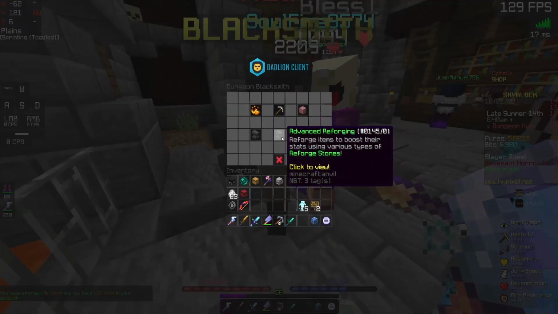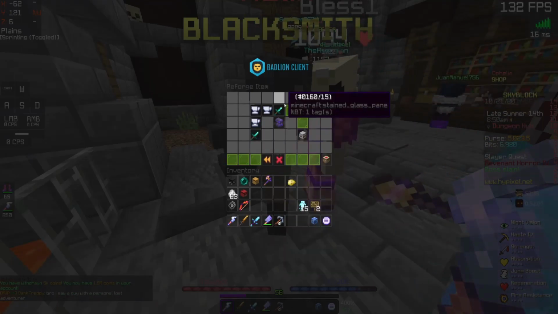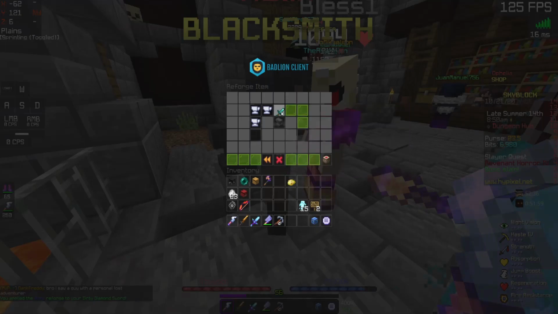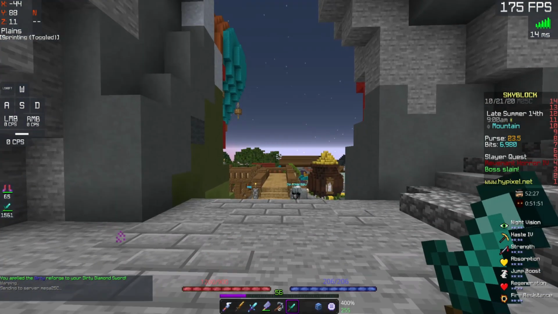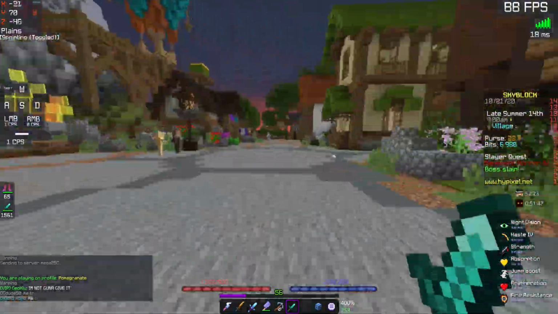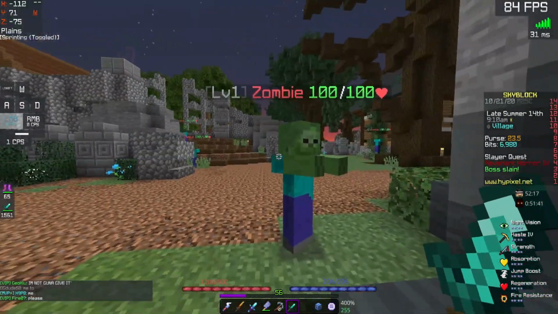so if we were to go over to Malik here and put the sharp diamond sword here and the dirt bottle here, we have the dirty diamond sword. And this time it does...